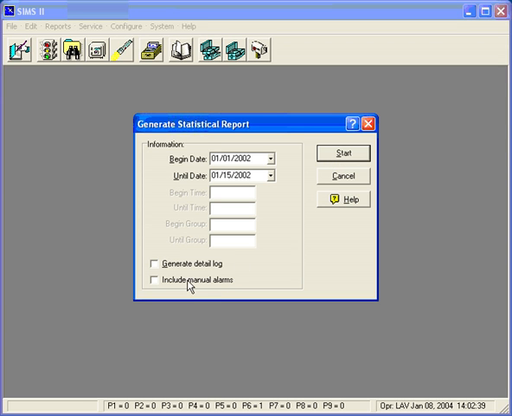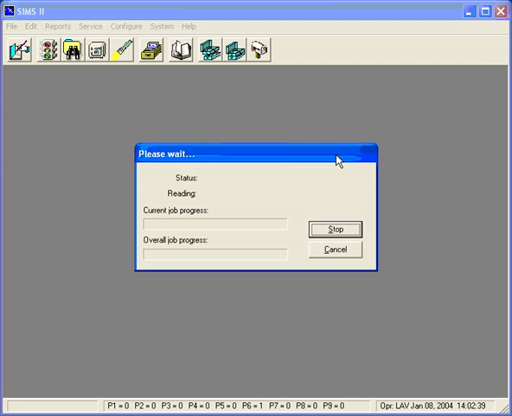Now notice we can include or exclude manual alarms. The default is to not include them, and we can also generate a detail log that will be located in the installation directory of the SIMS 2. This log could be used when you're trying to find out exactly which events were added into the statistical analysis and which were excluded. Let's go on and start this, and now we're going to go collect the names of